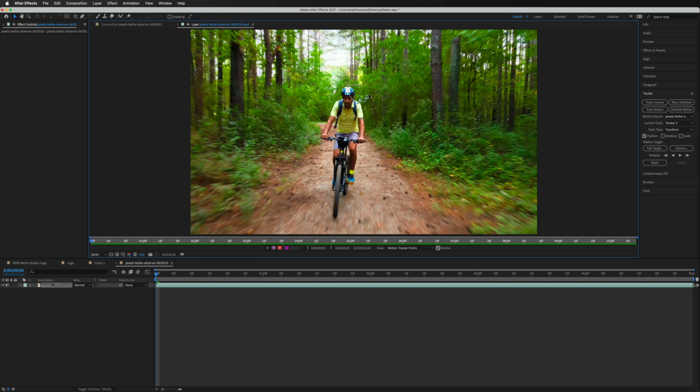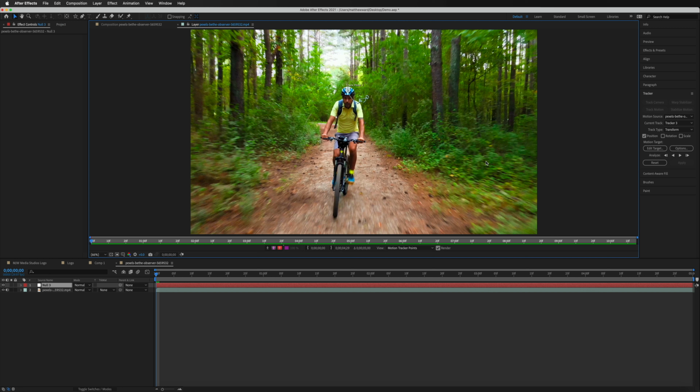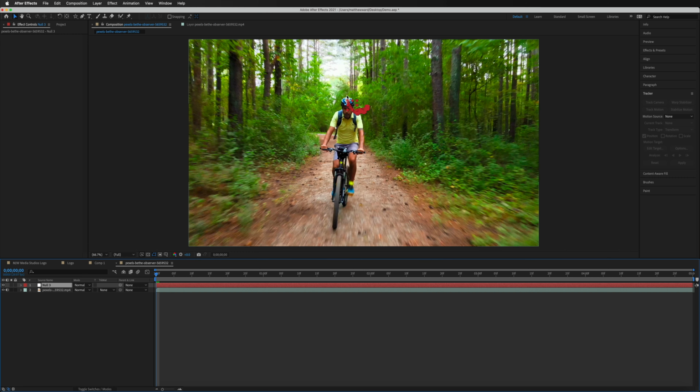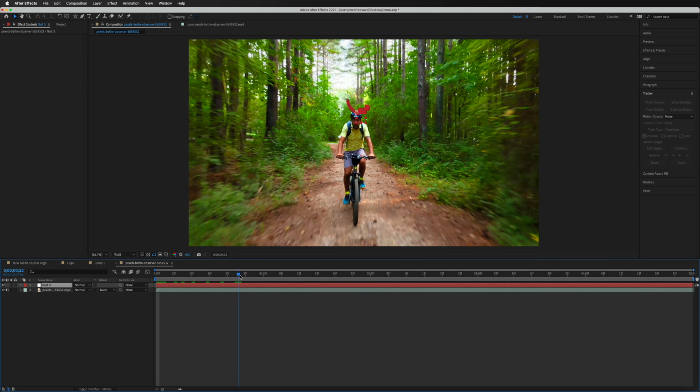We've got to create a null object. So go back up to the layer menu at the top menu bar, go down to new and choose that null object. Then we're going to go back over to the right hand side to our tracker menu. We're going to edit that target once again. This now is called null three, and just make sure you've got that one assigned. Hit that OK button. Then we're going to hit apply. And once again, confirm that X and Y position. And we now have all of our keyframes assigned just like we did before.